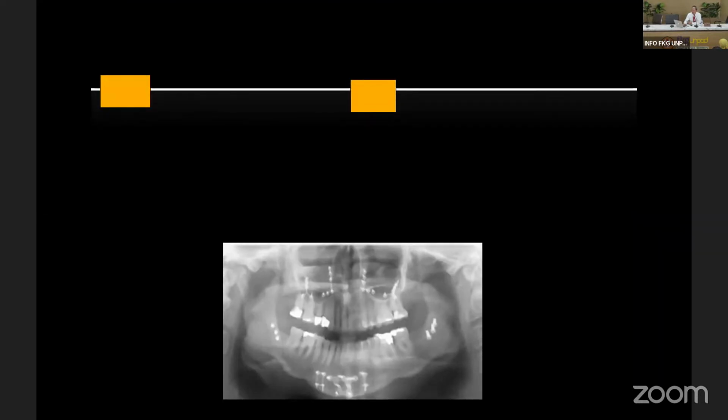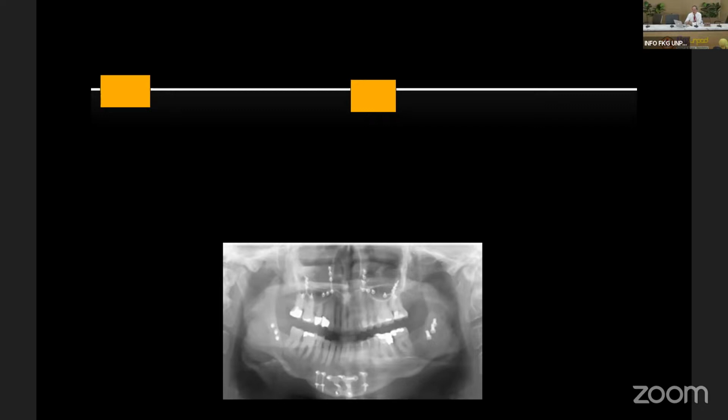For example, this is a patient with orthodontic surgery, but after 2 years feels discomfort in the left side of the maxilla. If you are a radiology resident here, you can look at the panoramic radiograph and see if there is anything abnormal in the left side of the maxilla.